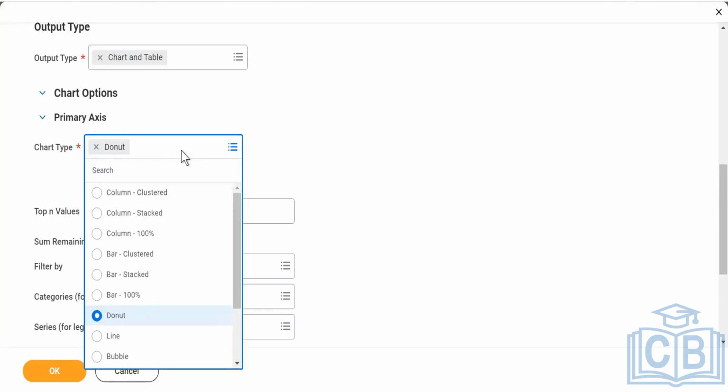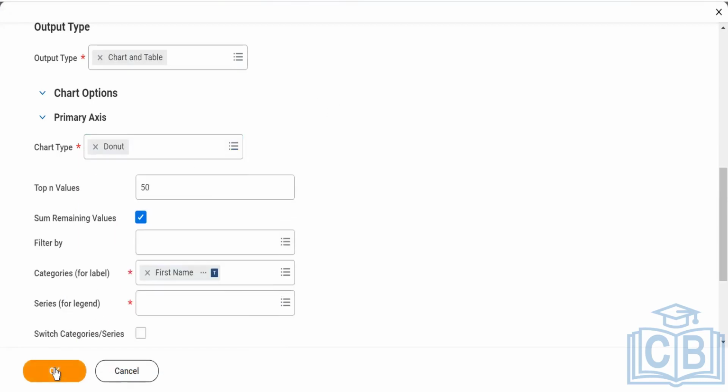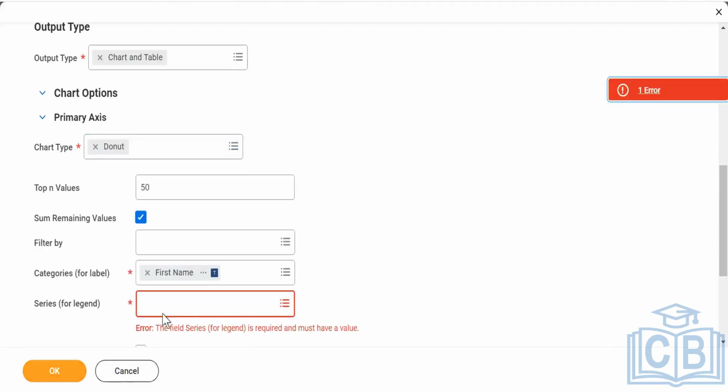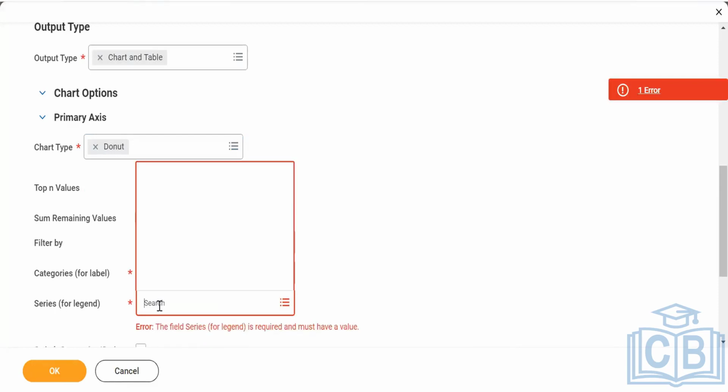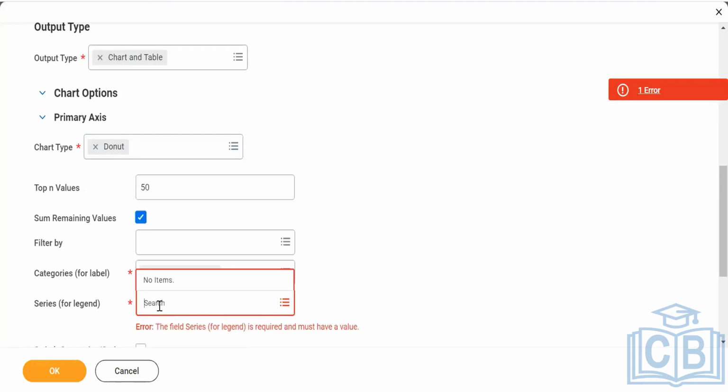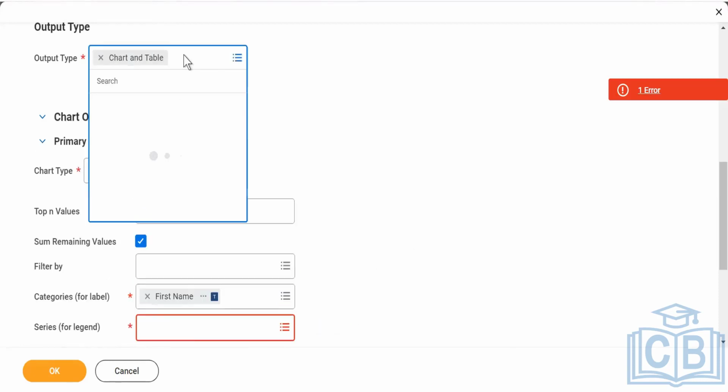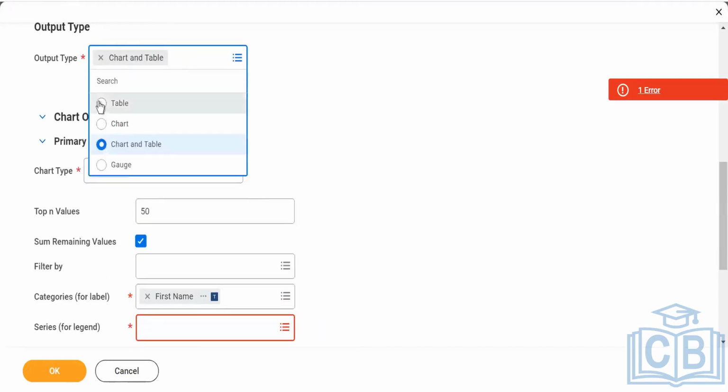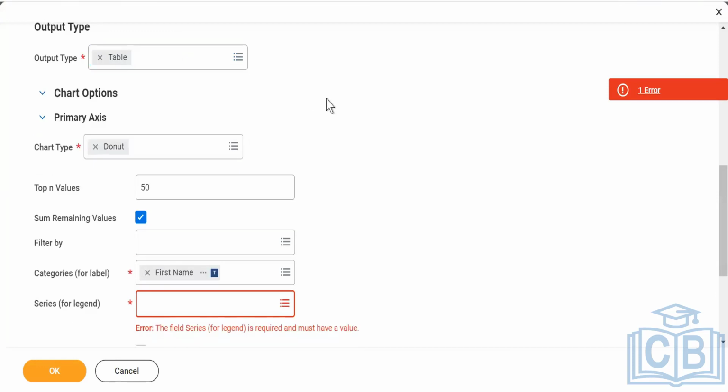Column clustered, stack, bar. All these things I'm sure you would have used. For us, it is not helpful because we have to have our report in that way. You see, the legend is there. We don't have anything where I can actually put any legend, right? That's the reason I have to put that data in such a way that it can be in the x-axis